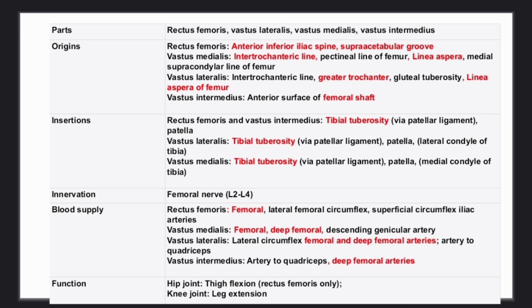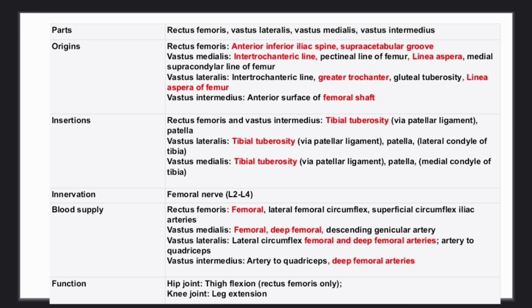Functions of quadriceps femoris muscles are: at the hip joint, rectus femoris flexes the thigh. At the knee joint, all four quadriceps muscles extend the leg. Okay, so daily life examples, I give some examples: standing up from the chair, climbing stairs, walking and running, kicking a ball, and straightening the knee while standing, the extension of the knee. Just remember that. So quadriceps femoris is the primary extensor muscle group, okay, of the knee